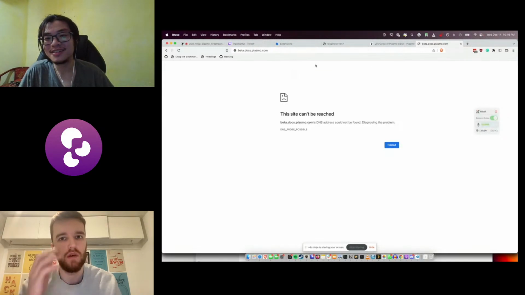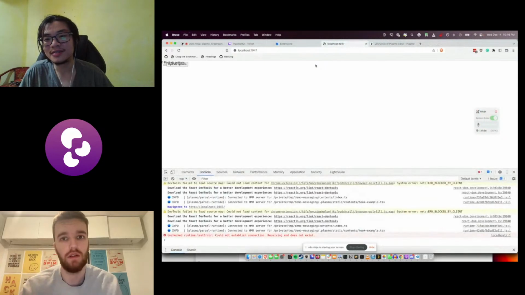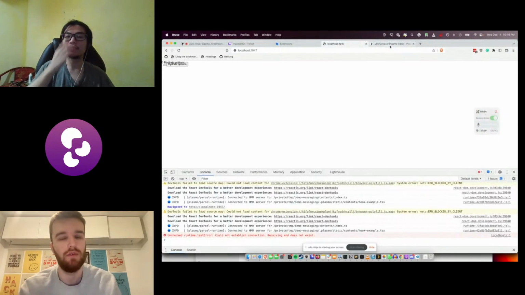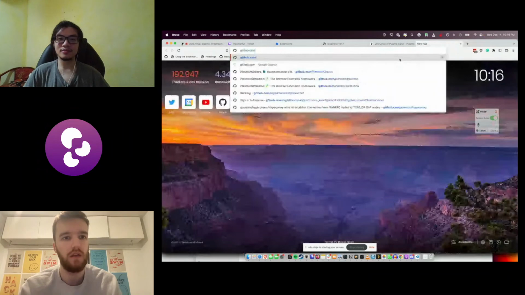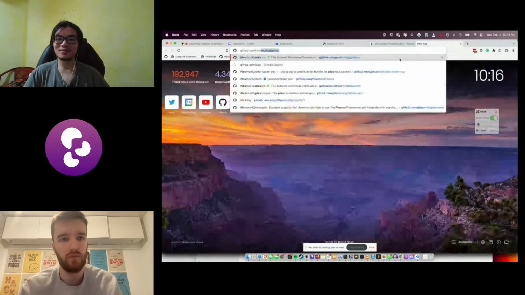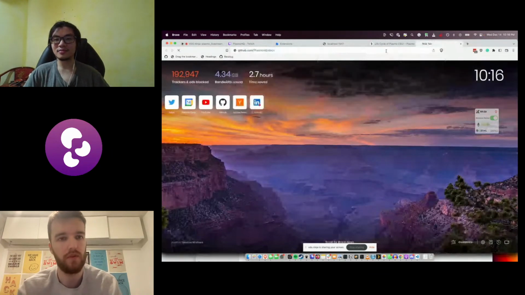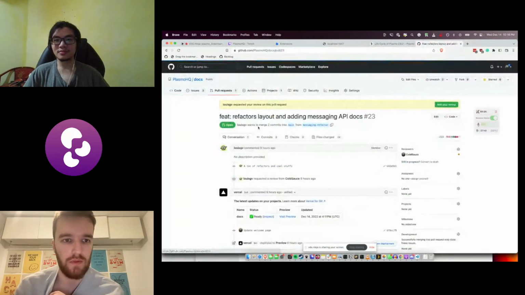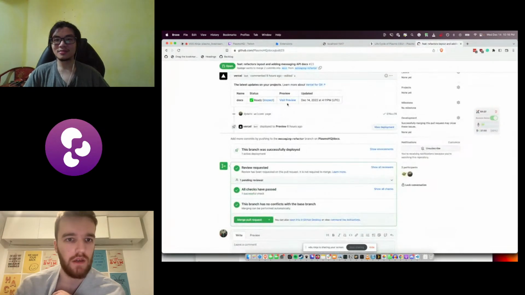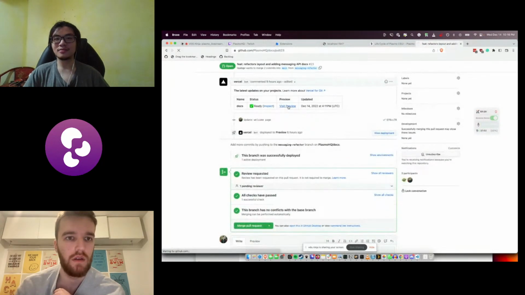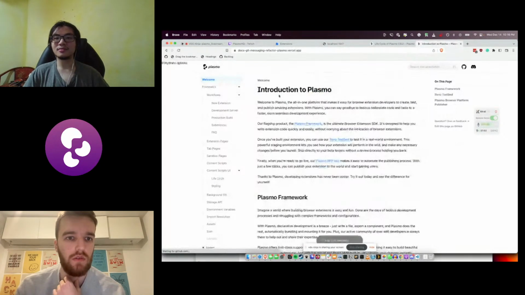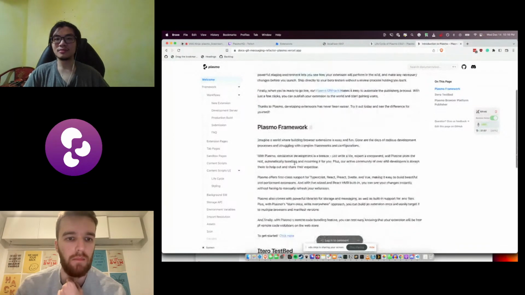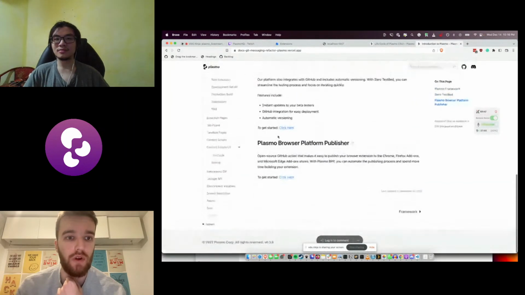We apparently don't, but if you want to see the staging version, you can go to our GitHub. We have a docs repo, and that's where all our docs are. They're all open source. If you go to the pull requests and see the latest pull request, you can click on visit preview, and that's going to take you to a preview version of our new docs.